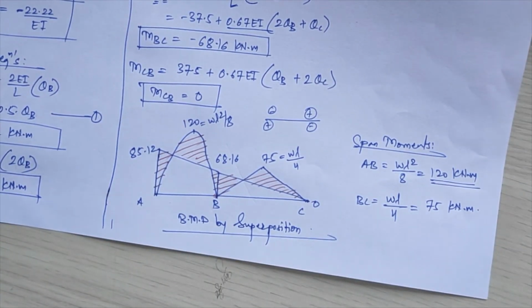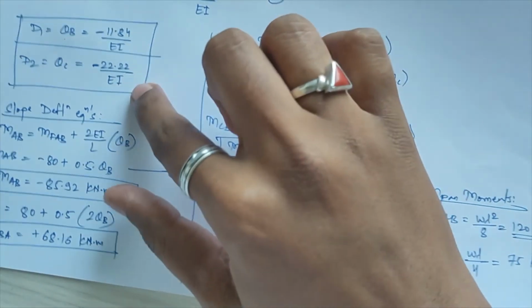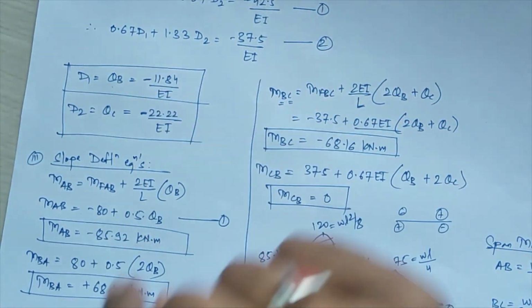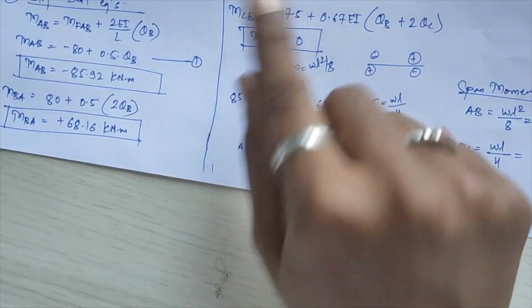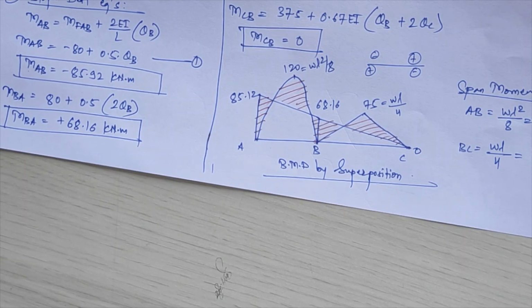Okay, so this will be our total numerical for the stiffness matrix method. What you have to do is calculate the first step, the DOF. In the second step you have to write the basic equation, and from the basic equation, whatever matrices you are getting, the F matrix, ADL matrix, S matrix and D matrix, you have to solve all those matrices, and finally you have to calculate the basic unknown values, that is the D values. Okay, and these D values you have to substitute in the slope deflection equations to get the final moments. And you have to plot the BMD by superposition from the obtained final moments here.